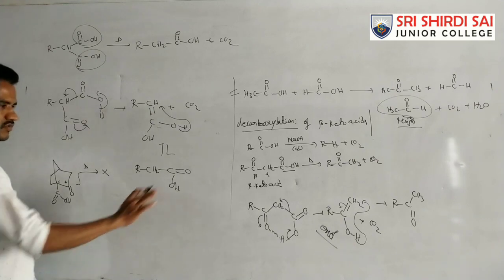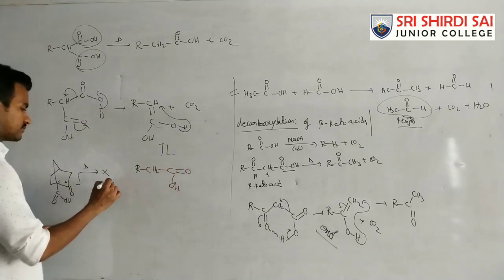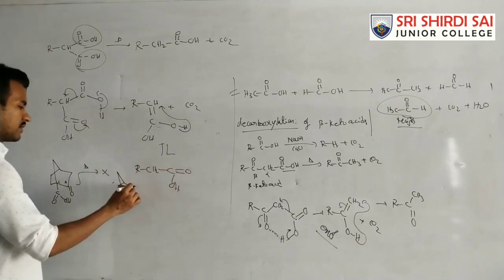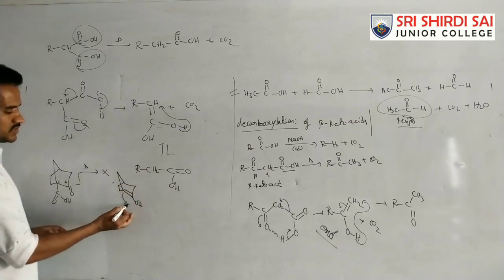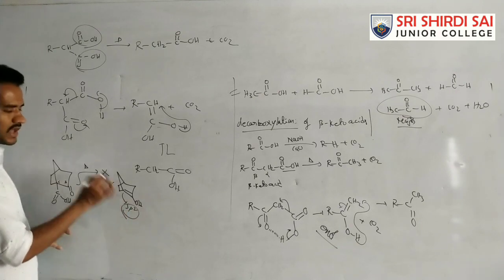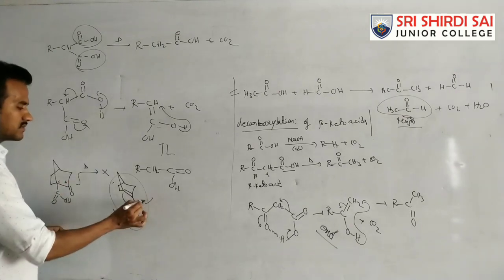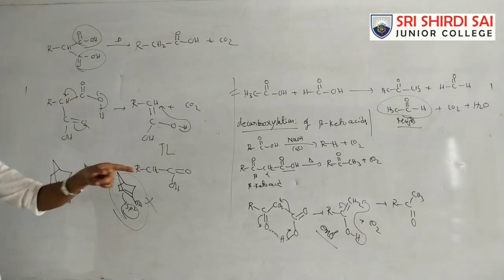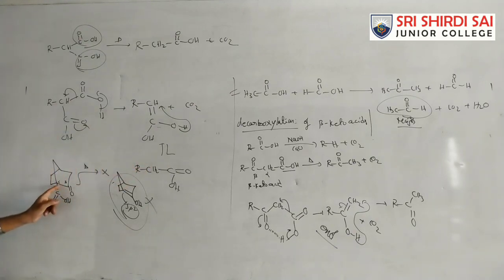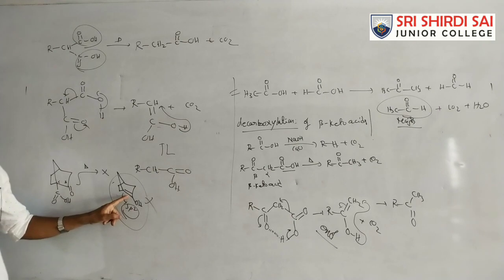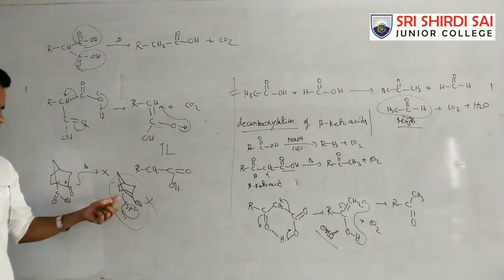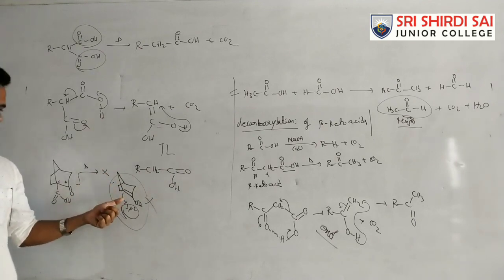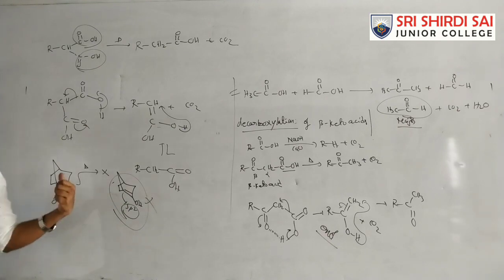In this decarboxylation, what is the intermediate product? Double bond here, OH. Now this carbon is sp2 carbon. An sp2 carbon at the bridgehead does not exist. Actually, this reaction takes place through the enol form. That means between these two carbons a pi bond must be formed, so this bridgehead carbon must be converted into sp2 carbon. That means planarity, and planarity does not exist at the bridgehead carbon. That's why this compound is not decarboxylated.